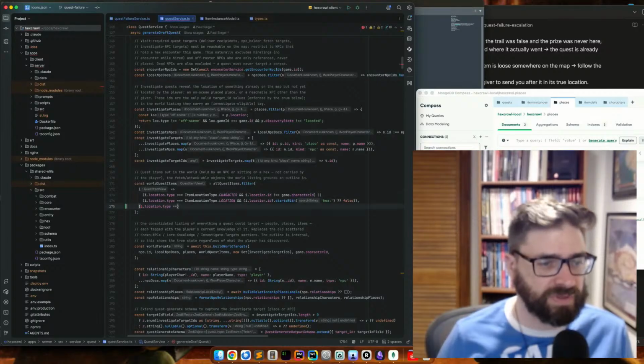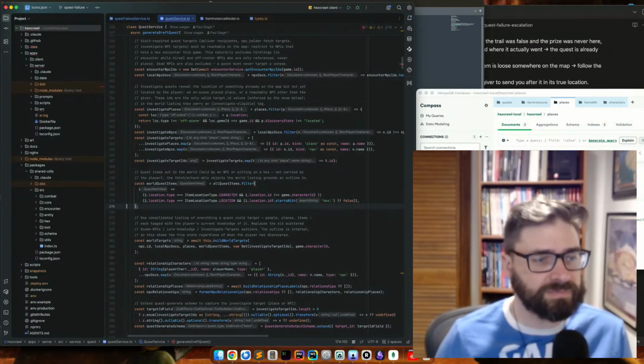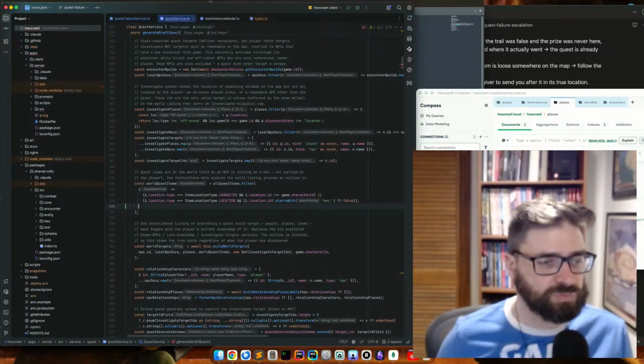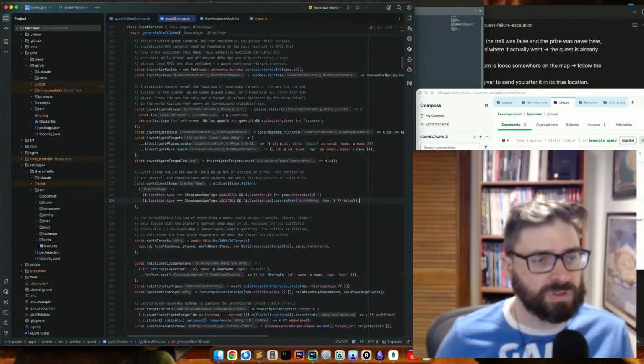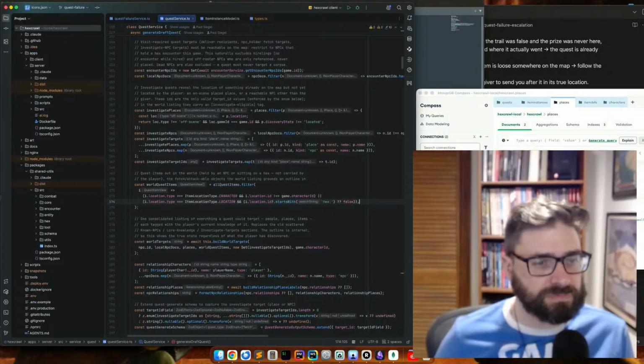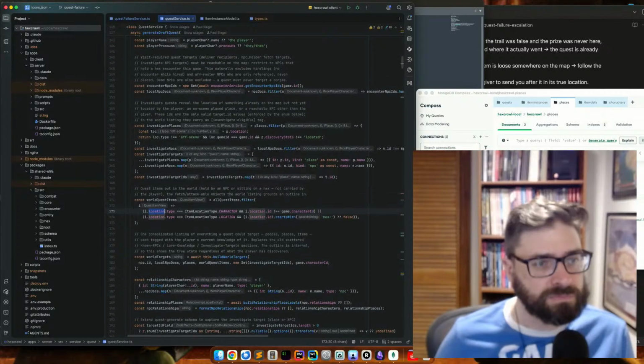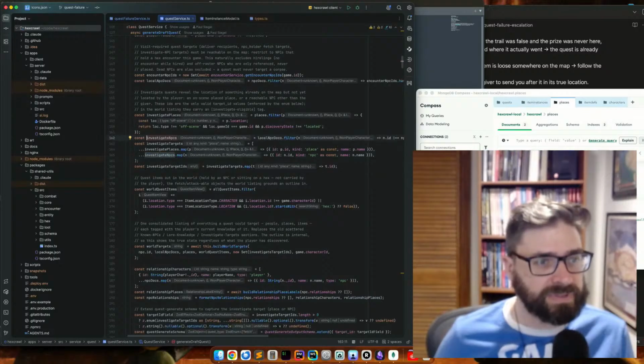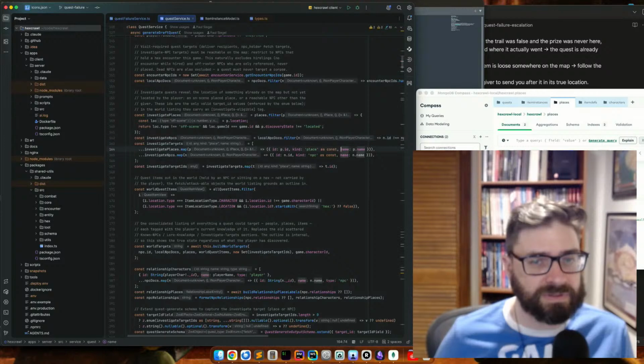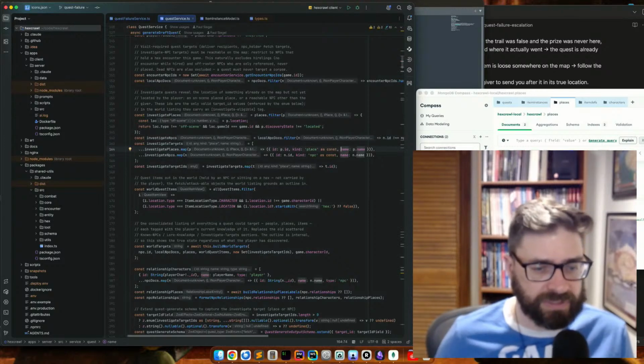This is quest items. I'm in the wrong block. Investigate targets, that's what I was trying to get to. Investigate NPCs, which is the local NPCs filtered by what exactly?